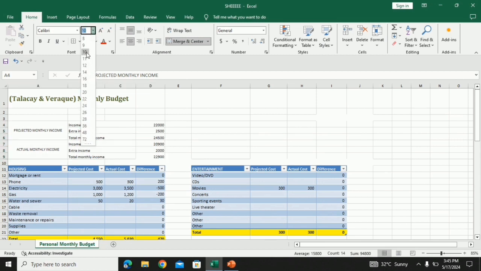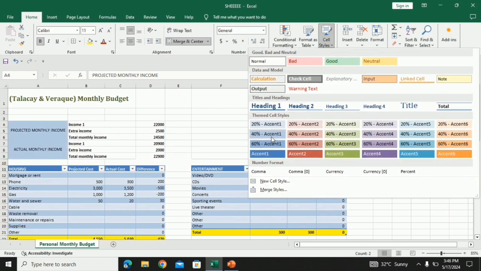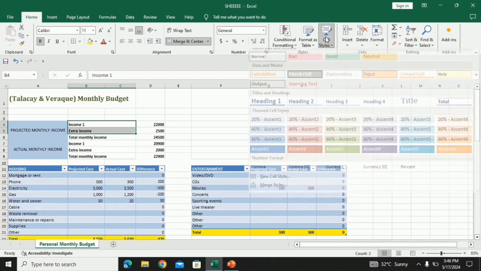Adjust the font size 11 and make it bold. Enter bold. And then to fill in color, go to cell styles and select the color you want. Also here, go to cell style.